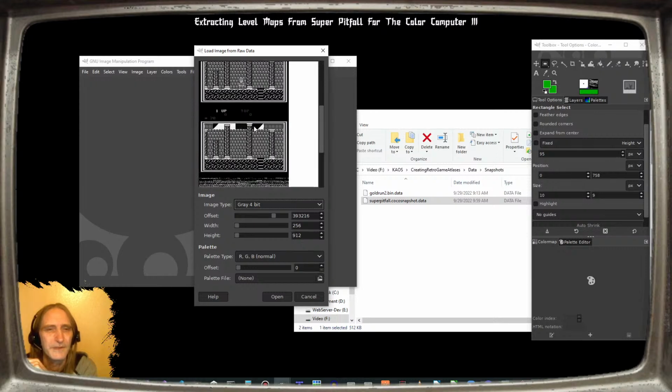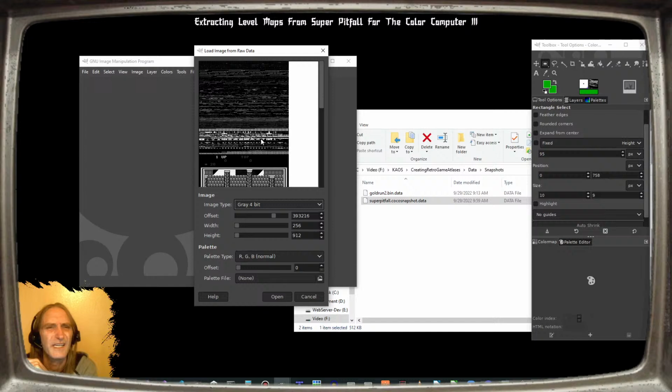right below the thing. And this up here looks like it might be tiles. So let's do,